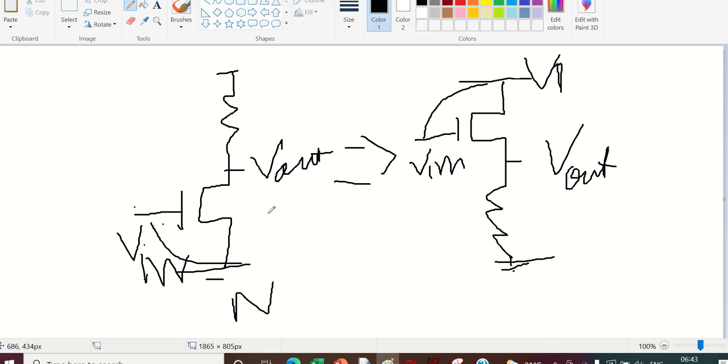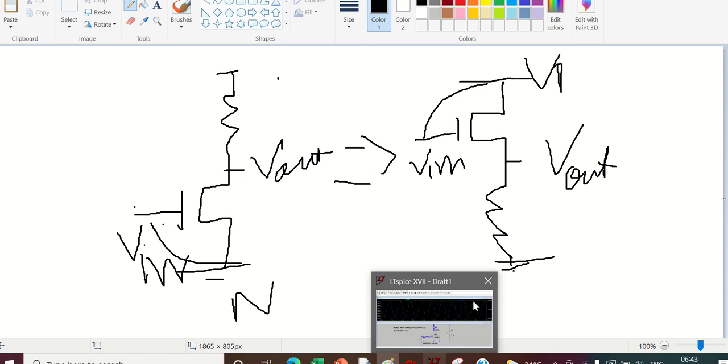When to use an NMOS based common source amplifier and when to use PMOS, that is your application. So there are two amplifiers here, one NMOS, one PMOS. One of your internship projects is out of multiple projects: we have to do both of them and tell with proof why I am going to use an NMOS based common source amplifier and when I am going to use a PMOS based one. So now let us try to implement this in LTspice quickly.